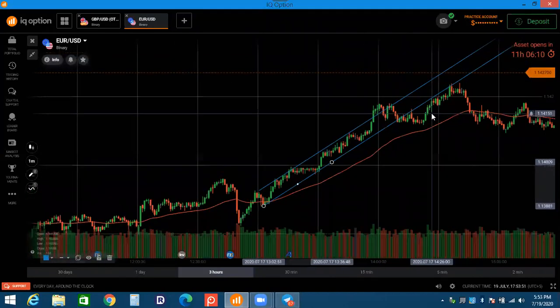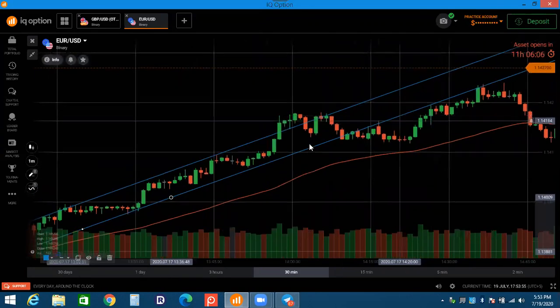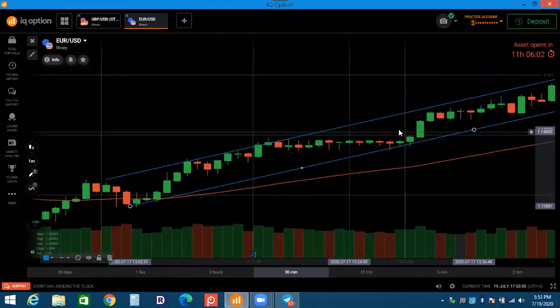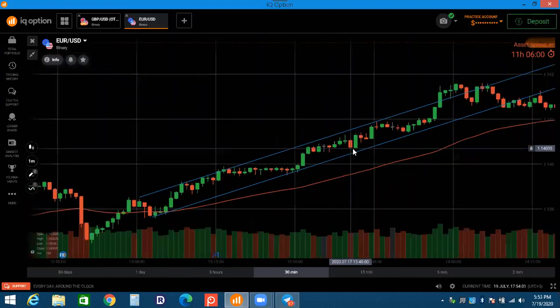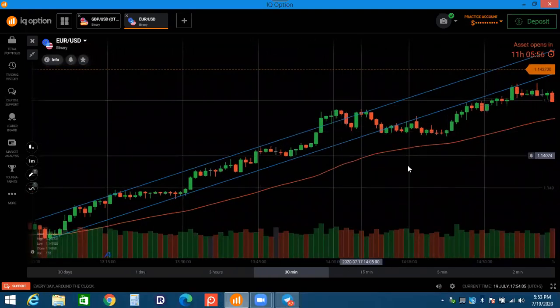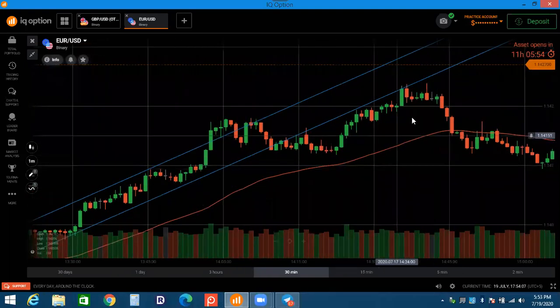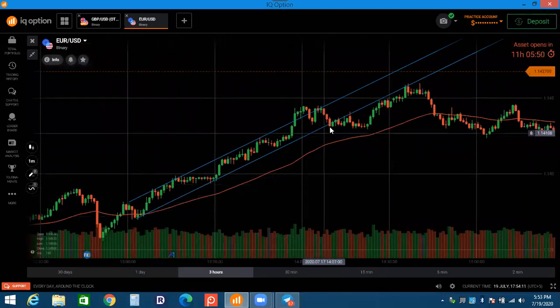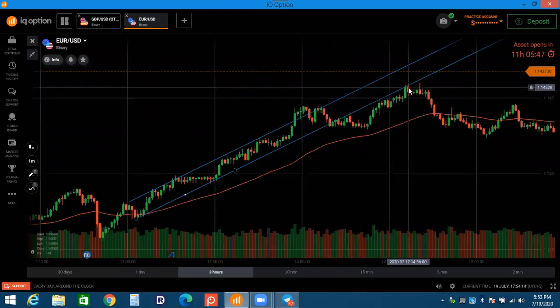In the trend, use the trend line. It will work for you as support and resistance. When price is going in an up direction and touches this level, it will give you all the support and resistance. This trend is very flat with no volume, but I will show you another way that you can understand. Here, this trend line from here to here, I just connect 2 points. It's working here, here, here, here.